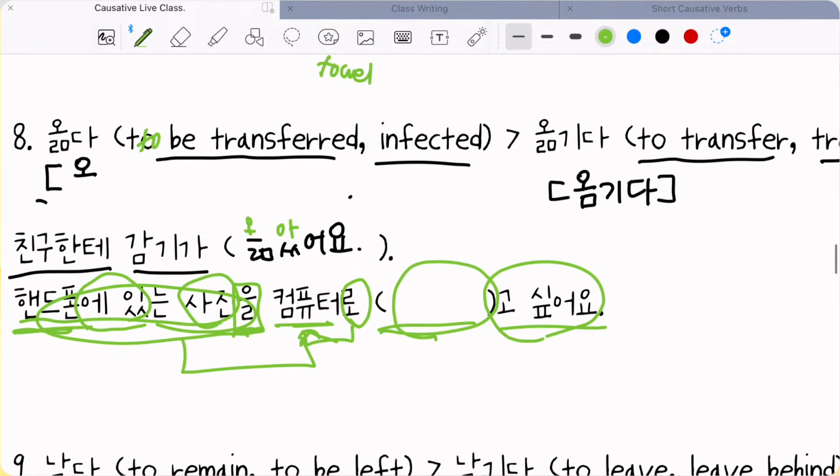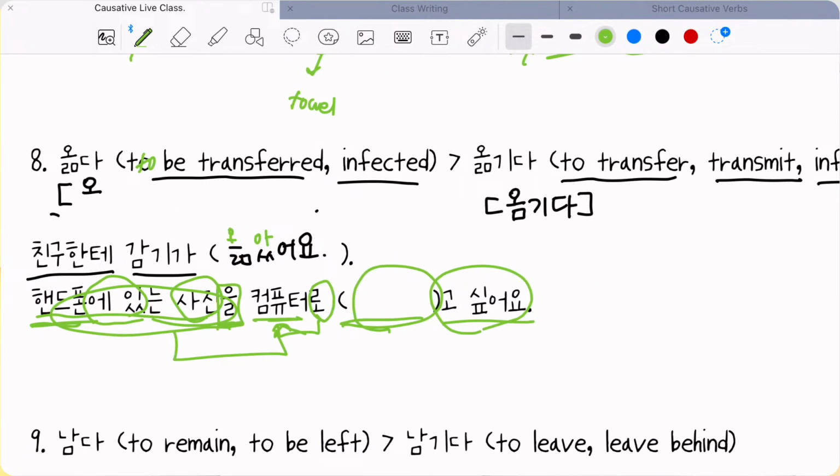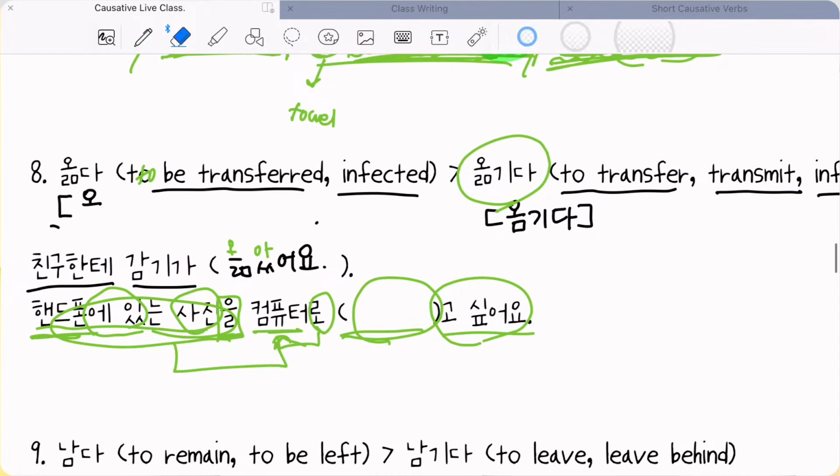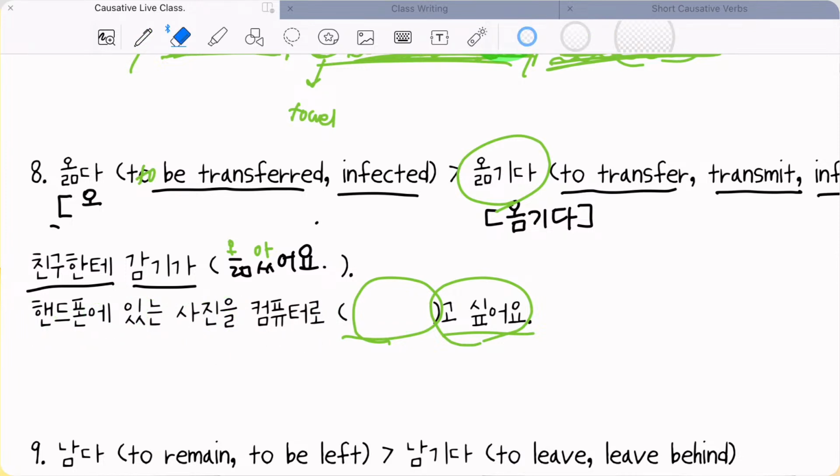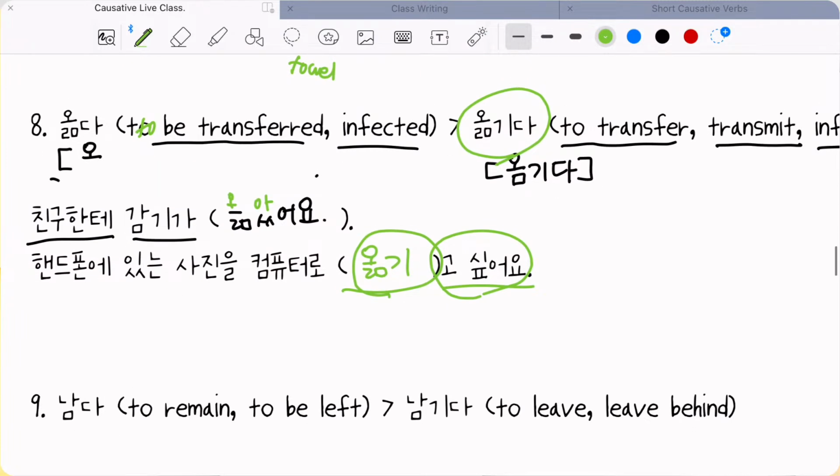So this would mean to have something transferred, so it should be causative verb 옮기다, to transfer the photos. So 옮기고 싶어요. 다들 잘하고 있네요. You guys are doing really great so far. 그 다음에